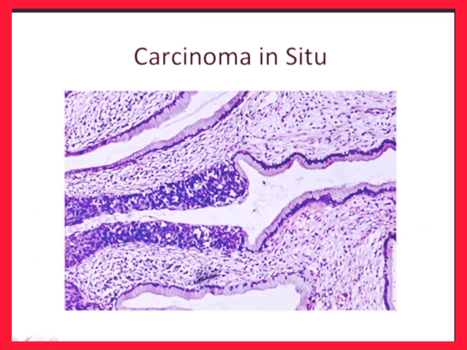And I forgot one more thing. I forgot I had an image of carcinoma in situ. So again, carcinoma, epithelial. This is an example of an endocervical tumor here. You can look at this, and it's pretty obvious where the tumor is. You'll see that these cells are very alien. They're very bizarre. They look nothing like the cells in the environment surrounding them. This is a brand new weird tissue growth.